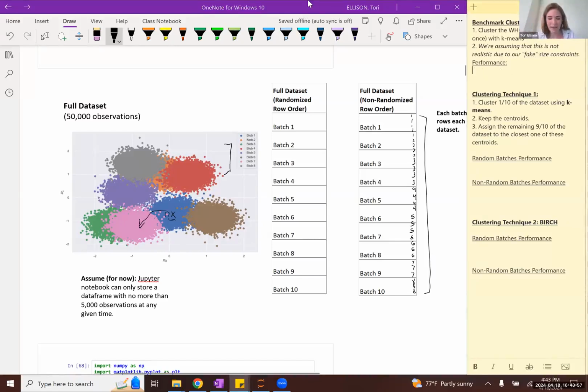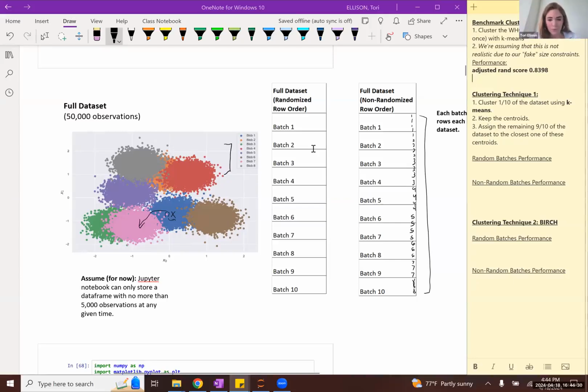However, when we cluster this data set with k-means, we will still get a relatively high adjusted RAND score between our k-means cluster labels and our Gaussian labels. We're going to see an adjusted RAND score of 0.8398. And so we're going to assume that this is going to be our gold standard, if you will. We wouldn't necessarily expect to get a whole lot higher than this adjusted RAND score here.